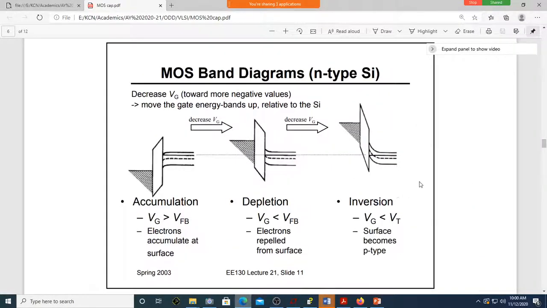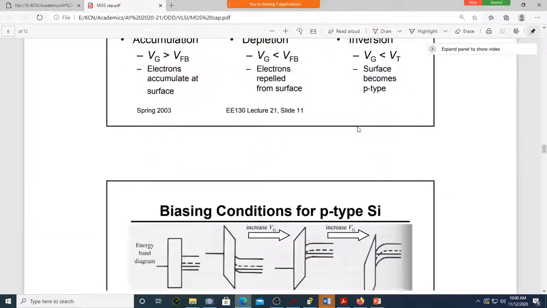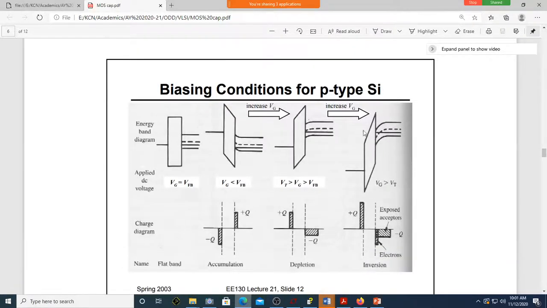Just slightly minimize this. See here, the inversion happens exactly the opposite way, because you need to have holes for the channel creation. Of course, you'll be having electrons, but electrons will not be useful in your p channel. You need to have holes here, so you need to apply Vg negative. So Vg is less than Vt, then the surface becomes p type, even though it is an n type semiconductor. When I say surface, the oxide semiconductor surface will become p type. So in the earlier case, the substrate is p type, and the surface becomes n type. That's what we call inversion.